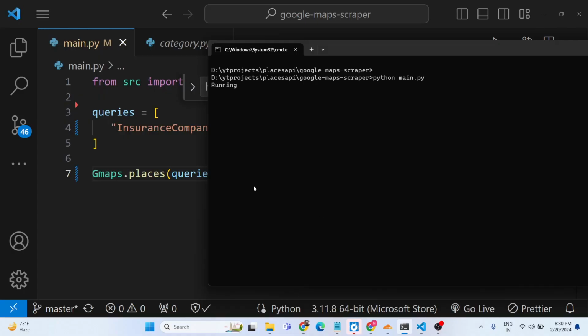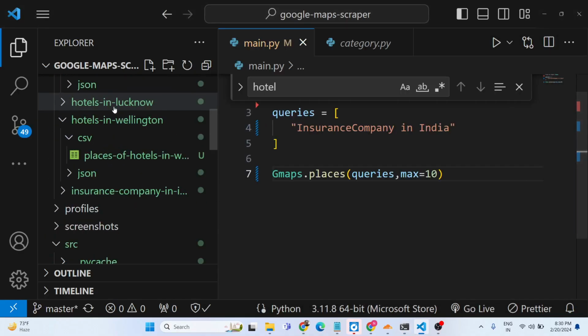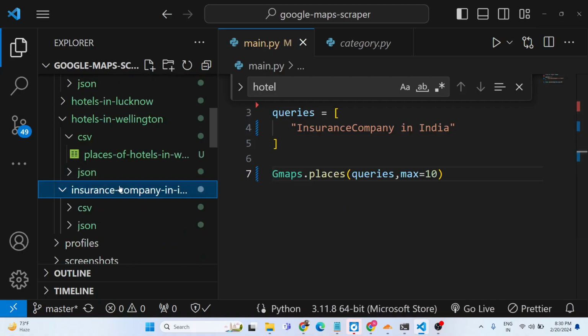python main.py, it will only return the top 10 results. So if you only want the top 10 results, this will return quite faster because we have put a maximum limit. So you can see now it is completed. You can now check the output folder and it will give you this, a folder has been created, insurance company